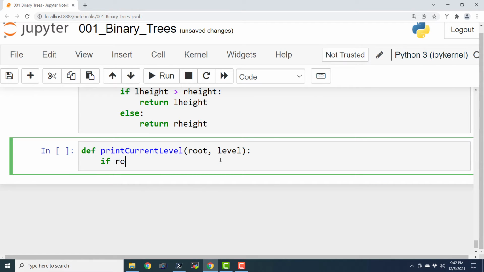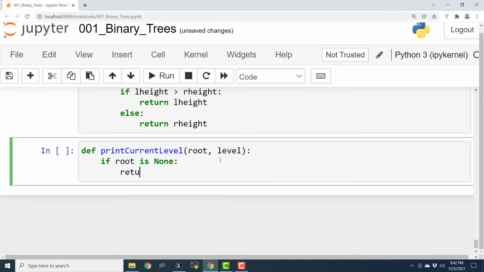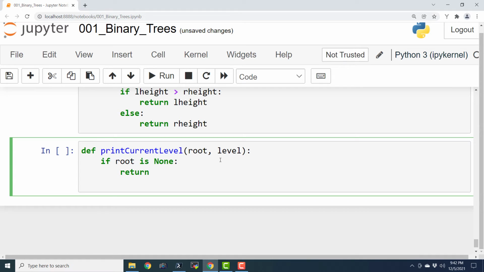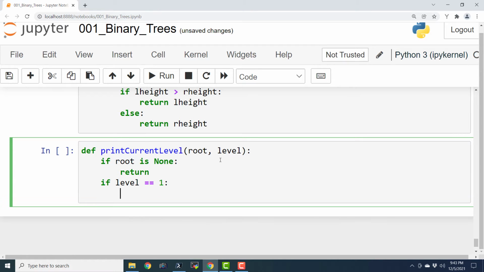So if root is None, return. If level equals 1, then print root.val, with end equal to empty space.